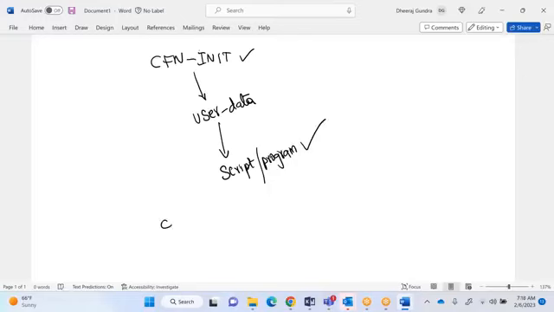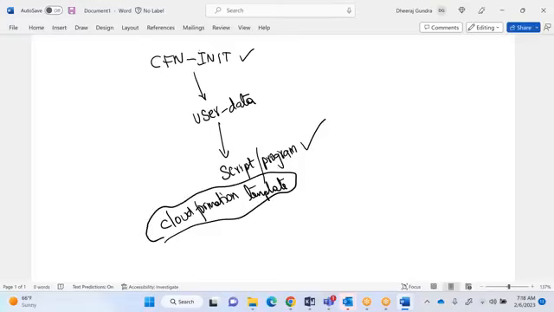See, what is the beauty of CloudFormation template? If you want to create AWS resources like VPC, EC2, S3, DynamoDB, you are not writing any code. That is the beauty of CloudFormation template. You are writing in JSON and YAML format.